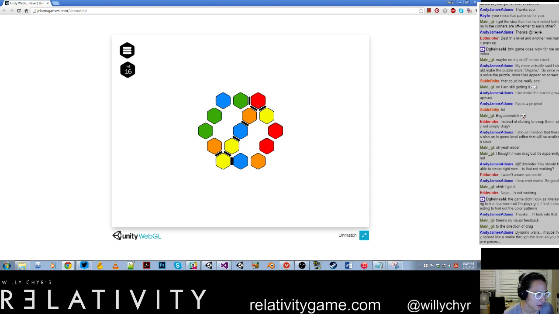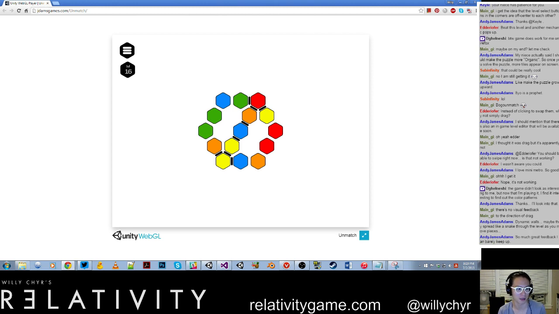Yeah, having dynamic walls, making things more dynamic, making things more organic. Talk to your niece some more. But anyway, I think that's enough feedback. I'm gonna stop the stream and we'll just take a quick break and I'll come back with some